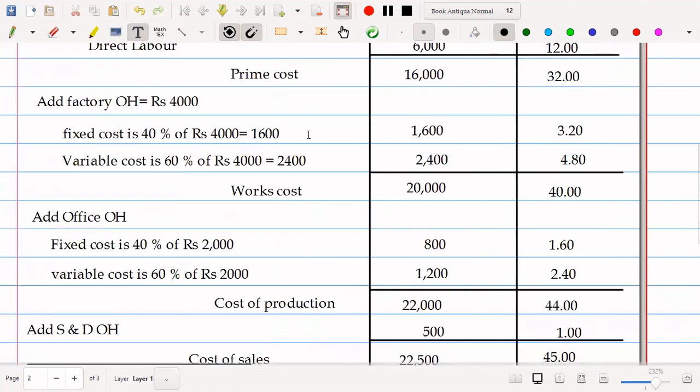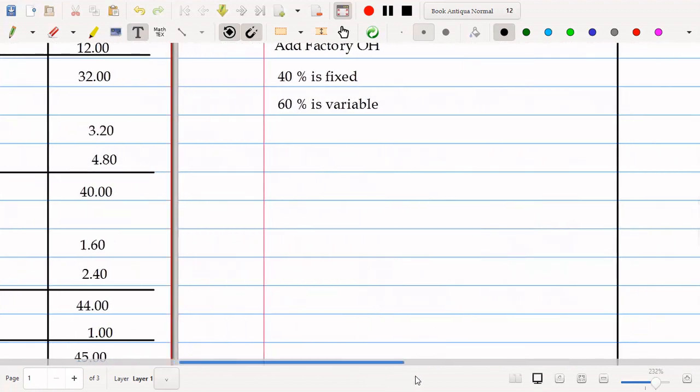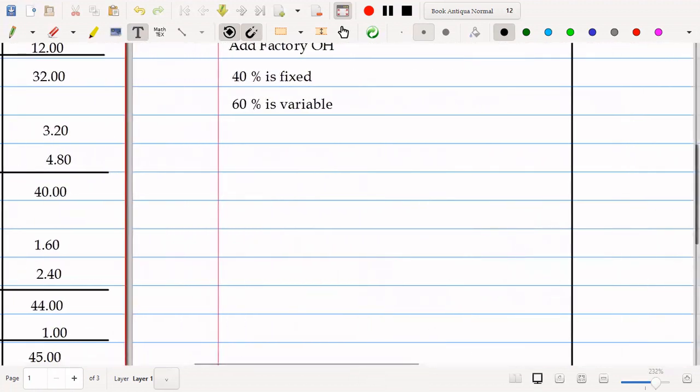See here, factory overhead fixed was 1,600. Just for the fixed amount, you have to take this 1,600, and for variable, you have to take this 4.8. We have already divided the amount, so it will be easy now to take this 1,600 and 4.8. For fixed, you have to take